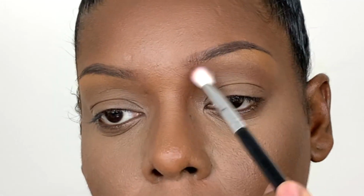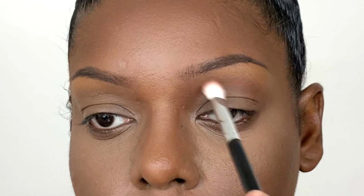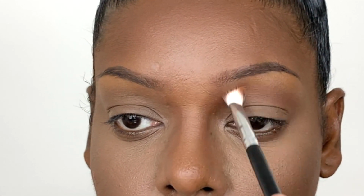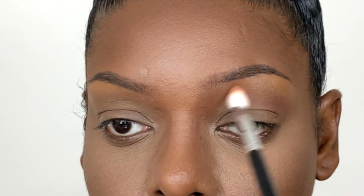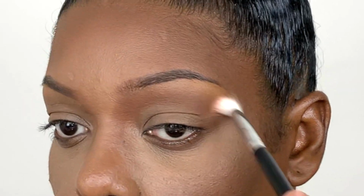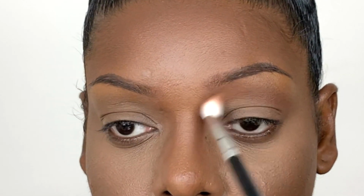Now with this Ultimate Crease brush, I'm going to go ahead and make small circles and buff this Cinnabar eyeshadow into the socket of my eye. So the socket of my eye is a little different than the quote-unquote crease of my eye. As you can see, the crease is kind of like that eye fold on my eye there. But what I'm actually doing is putting this above that crease area. And